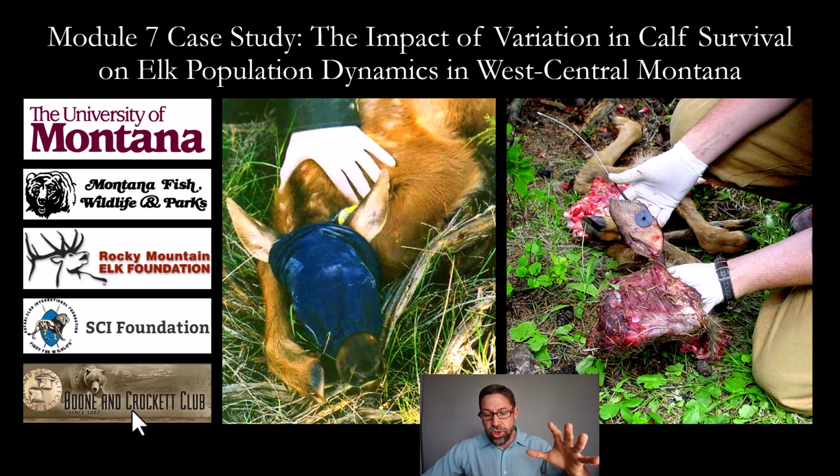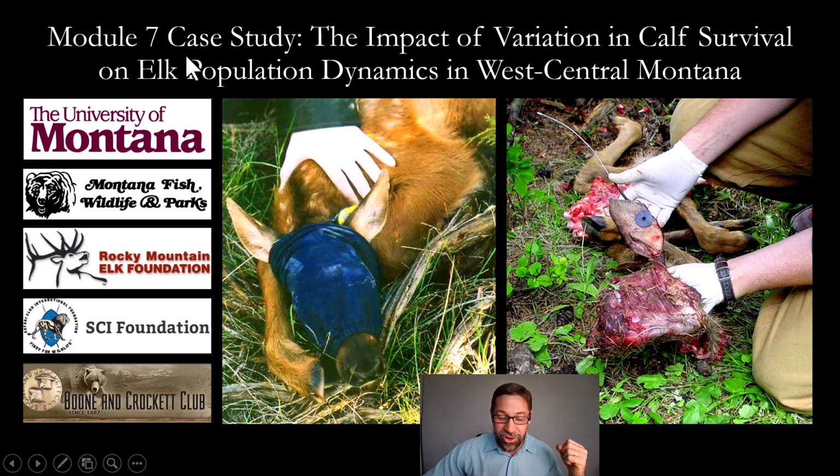Was elk recruitment being suppressed by top-down regulation via these increasing predator populations, or was recruitment being suppressed from the bottom up by high densities of elk that were in competition for limited forage during those long Montana winters? So that's my hook to get you to tune back in to Module 7 for your case